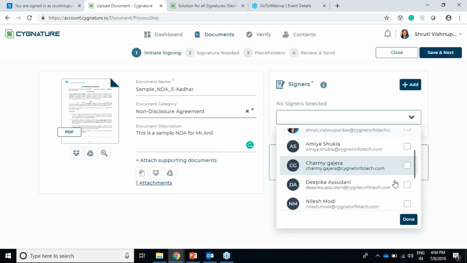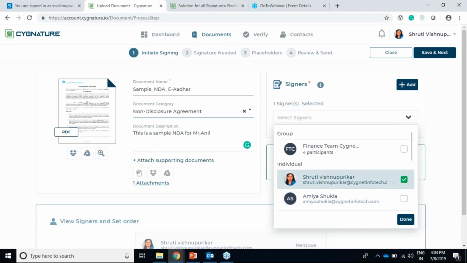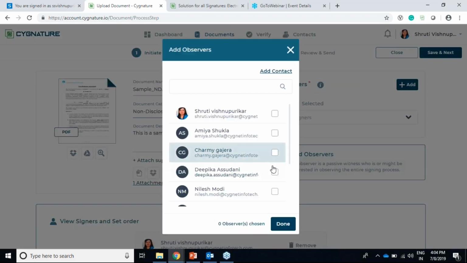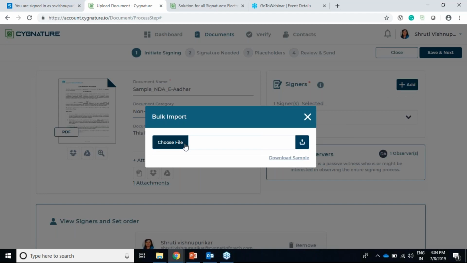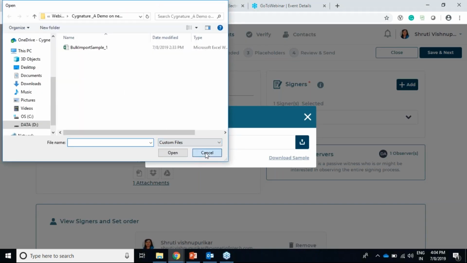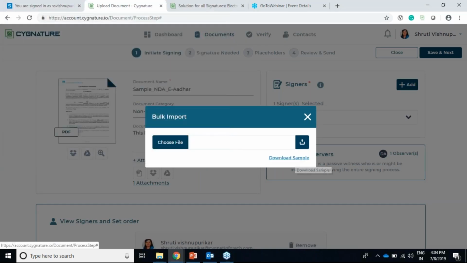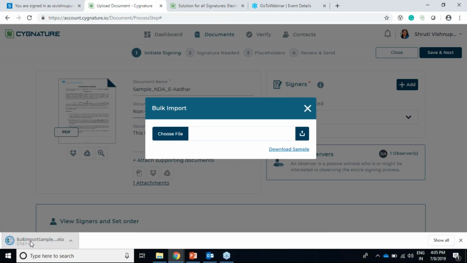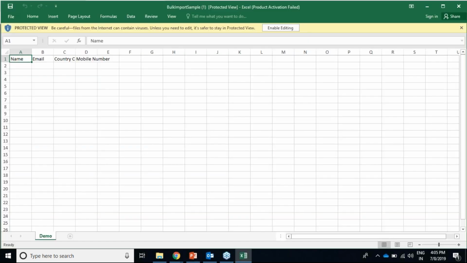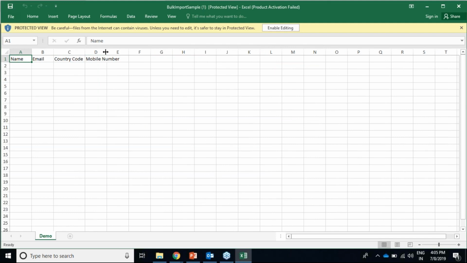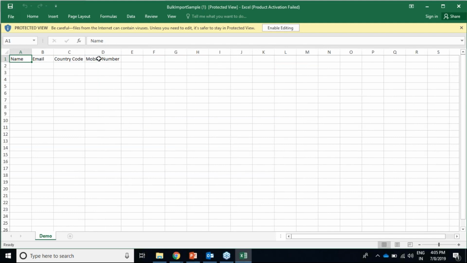I'll select a signer. I'll select observer here. Now another feature which we have come up with is the import of bulk signers. So if you want to import a number of signers, you can download a sample here which shows in what format the contacts have to be. So like this, the contacts have to be in this format with the name, email, country code, and mobile number.